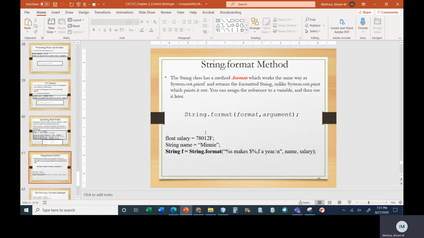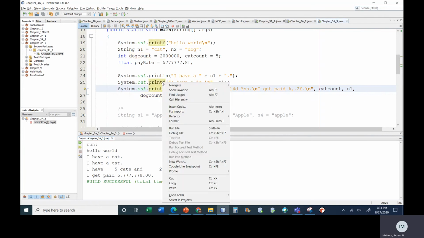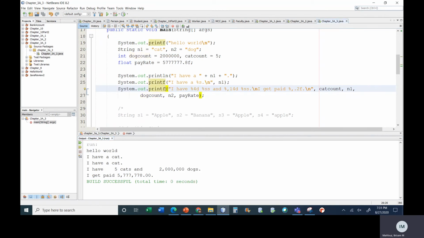Now, if you wanted to take this string and do something else with it, there's a string.format method that can do that. We're not going to really be using the string.format method. You might want to use it when we get to the files chapter, but you don't really need to. So here, the printf is printing immediately to system.out. If I wanted this string,